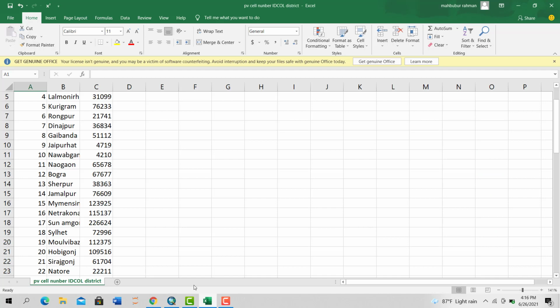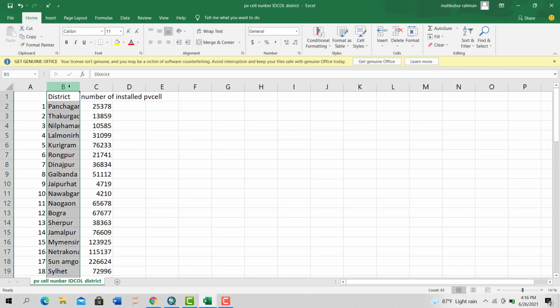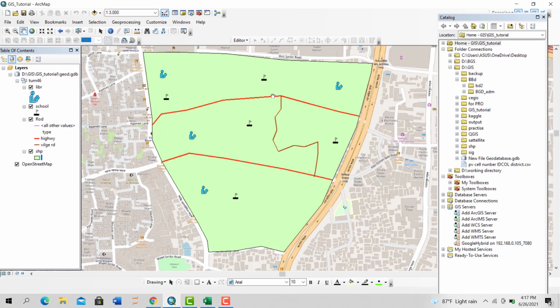So now let's see, say for example, this is district data, district-wise district names, or you can say state names, versus number of solar panels installed. So I just want to geographically show or plot this data in a map. To do that, you need to join this data with your one existing maybe shapefile. So let's go back to ArcGIS and